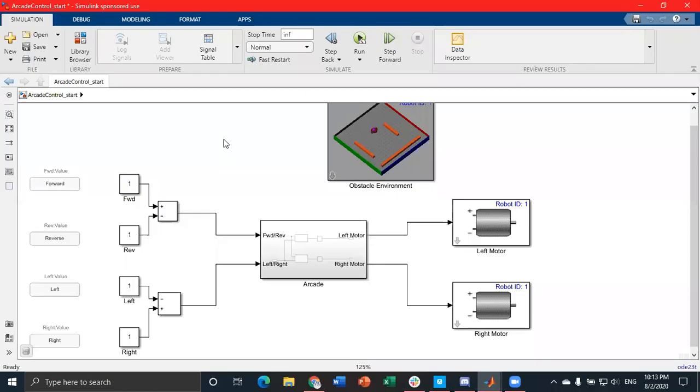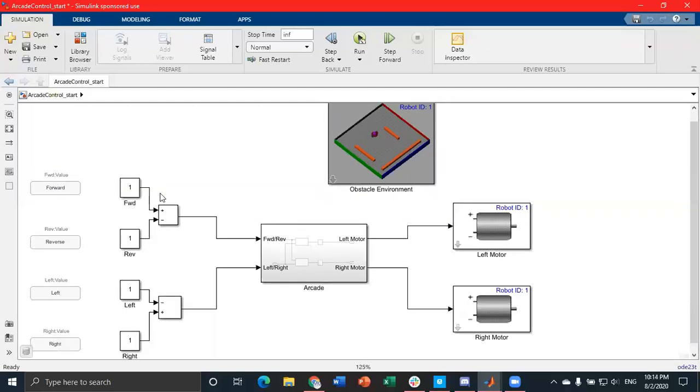Okay, so this is basically my homework assignment for the class that we had this week, which was the second session of the MATLAB and Simulink workshop provided by Best Robotics. And what we are looking at here is a way to control our robot in a simulated environment in Simulink using arcade controls, but we're using buttons here. So we're using buttons that we can press directly in Simulink. And the results are going to be simulated in this obstacle environment, which is part of the